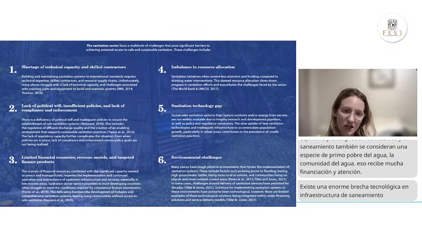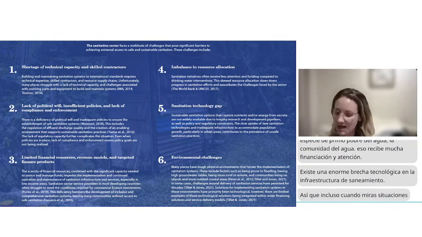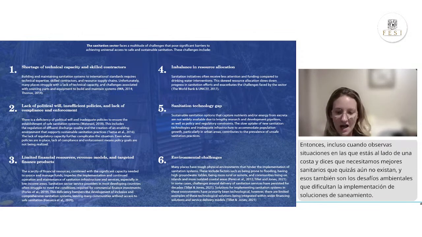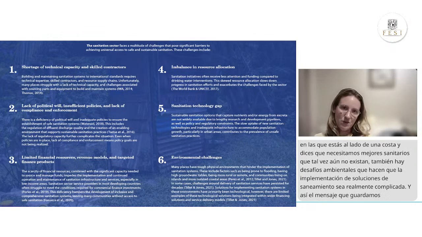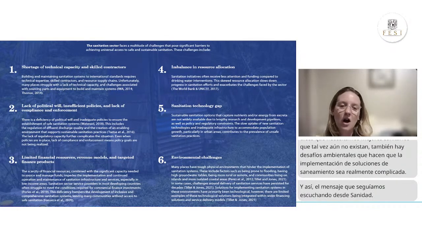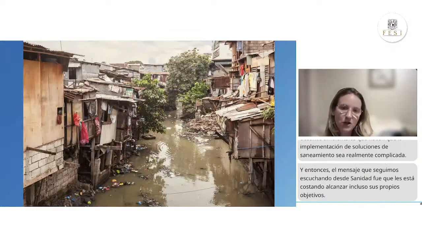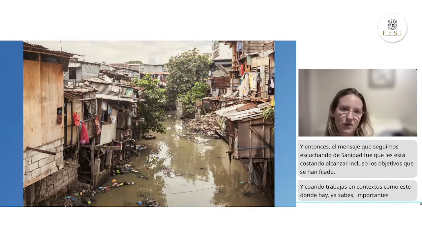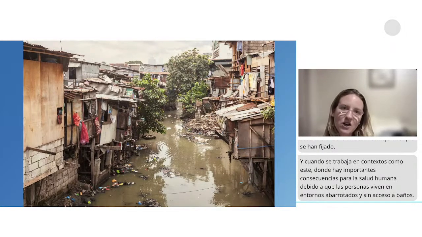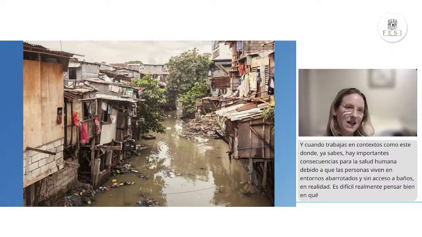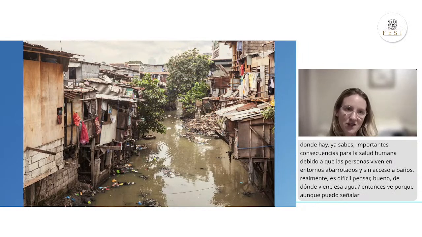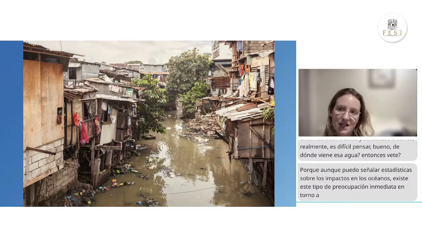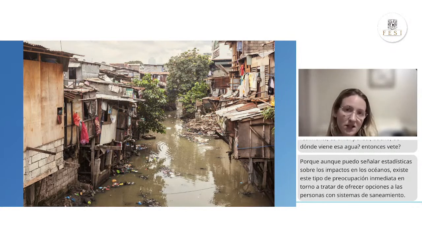So even when you look at situations where you're next to a coast and you say we need better toilets, that might not exist yet. And there are also environmental challenges that make implementing sanitation solutions really complicated. The message that we kept hearing from sanitation was that they are having a hard time meeting even the goals they've set themselves. When you're working in contexts where there are significant human health consequences from people living in crowded environments with no access to toilets, it's hard to then think about where that water goes. Even though I can point to statistics about impacts to oceans, there's an immediate concern around delivering sanitation systems to people that are experiencing significant human